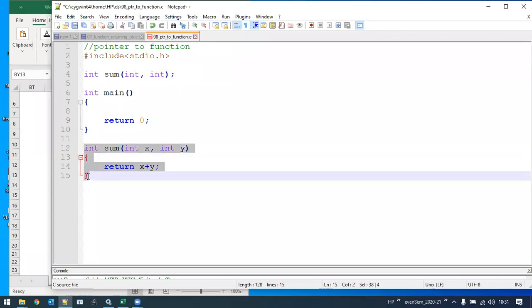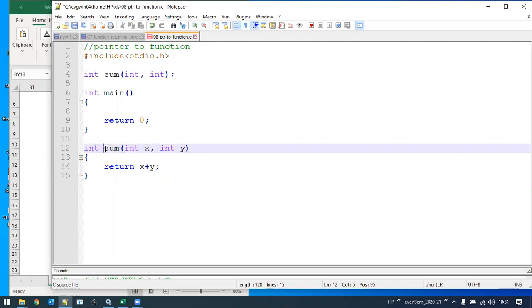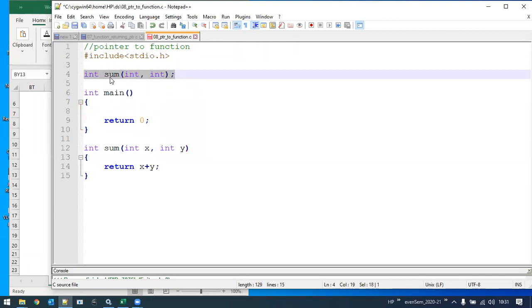Now when I write this code, there will be a memory block which will store the function sum. That means there will be a particular memory address for this user defined sum. Now that address I want to store into a pointer. Then how do I declare that particular pointer? Pay attention here. To understand that, first we should understand the prototype. I need a pointer to store the address of this one.